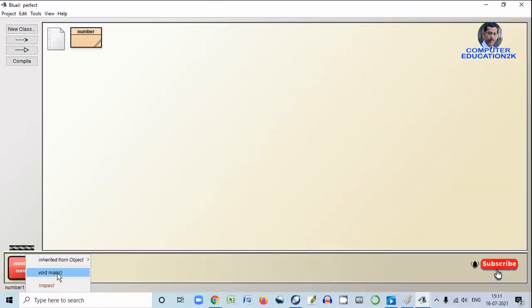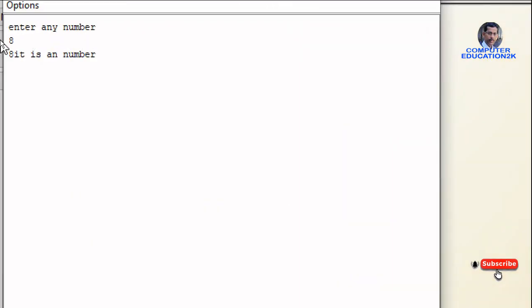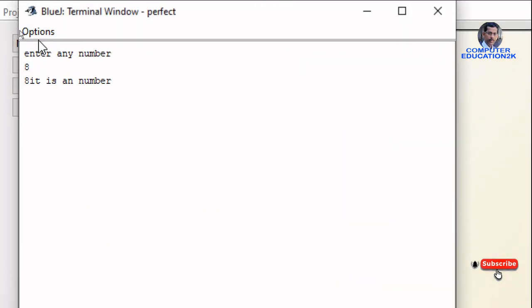As soon as you click on void main, one page will open and there it is asking to enter a number. So I have written a program to check a number odd or even. So I'll just give a number, say I'm giving 8. So 8 is an even number. After giving 8, I'll press enter. See, it is showing 8 is even number. So this way you can